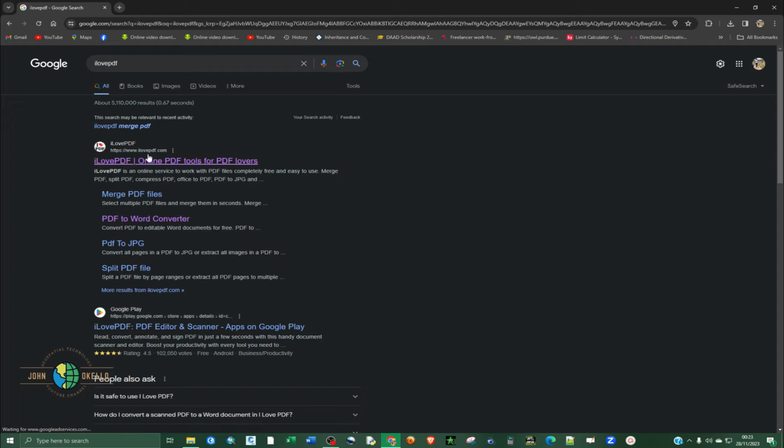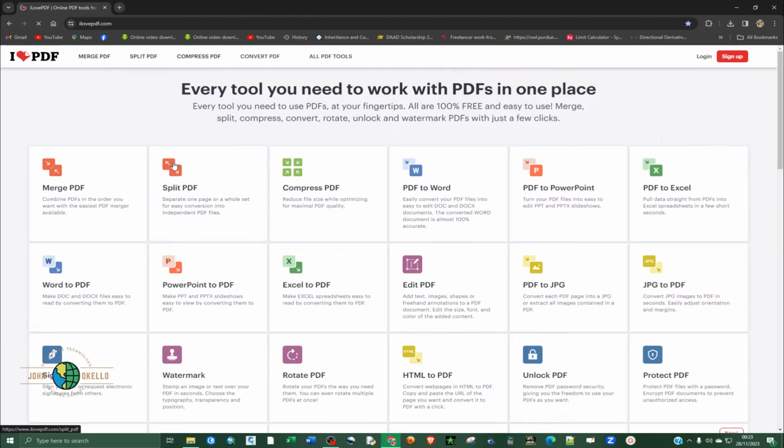Select the first link with www.ilovepdf.com, click on that. So there are different tools that you can use, but what you want is PDF to Word. Choose on that,